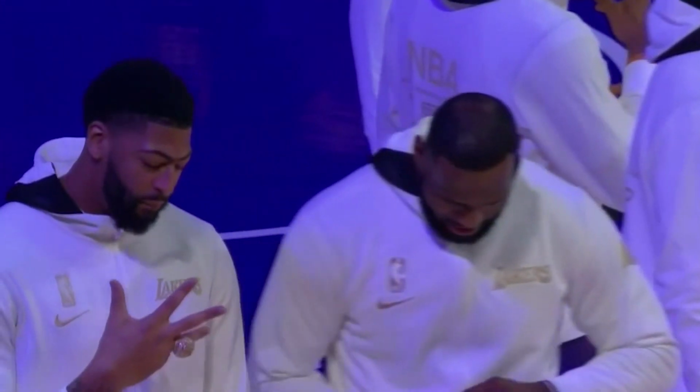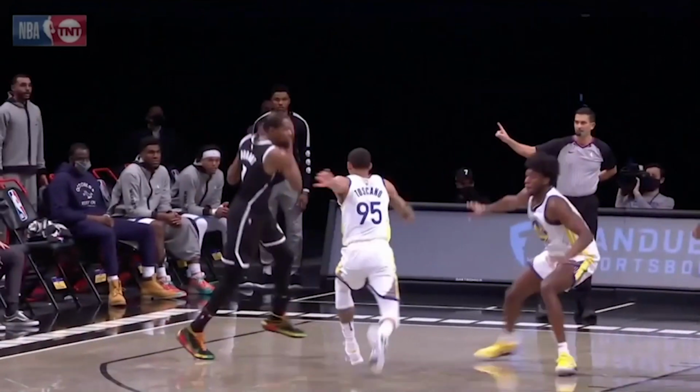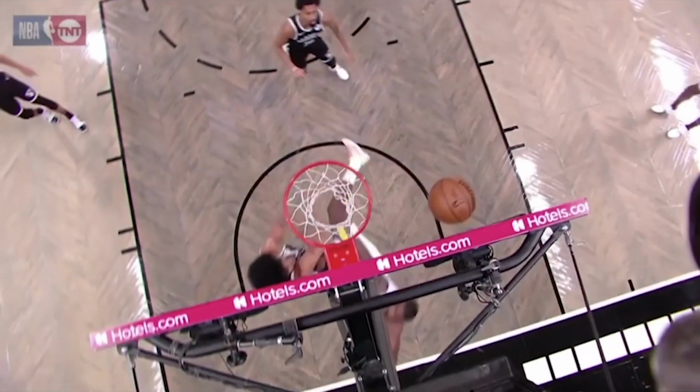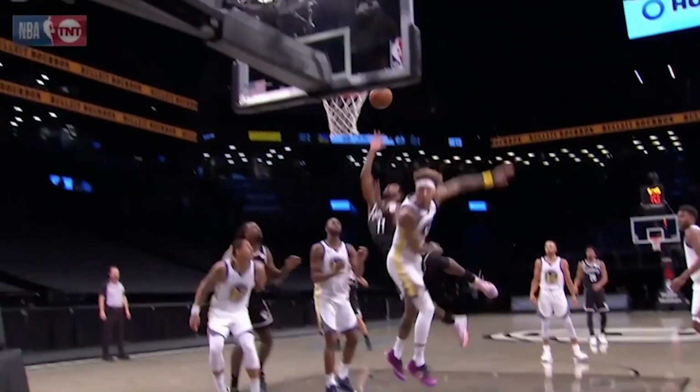No offense to the reigning champs in Los Angeles, since they're clearly favored to get back to at least the finals, but there seems to be enough of everything on the Nets to give them an extremely tough series. But let's examine how KD and Kyrie got their buckets to see how sustainable this will be throughout a long